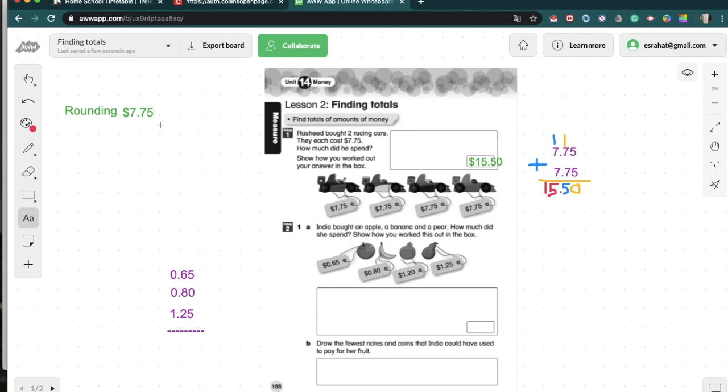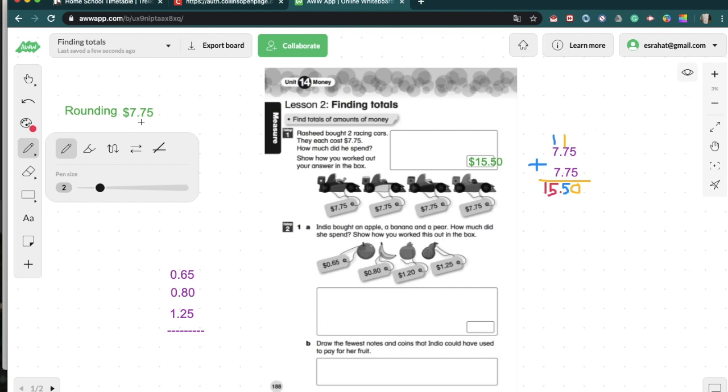So if we say that the racing car costs $7.75, okay? And we want to add it with another 7.75. Is it easier to add it this way or deal with whole numbers? Like we deal with, let's say, only notes. We don't need coins. Okay, I don't have change. I have only notes. So we want to round the number to the nearest dollar, and that will equal 8, because as I told you before,